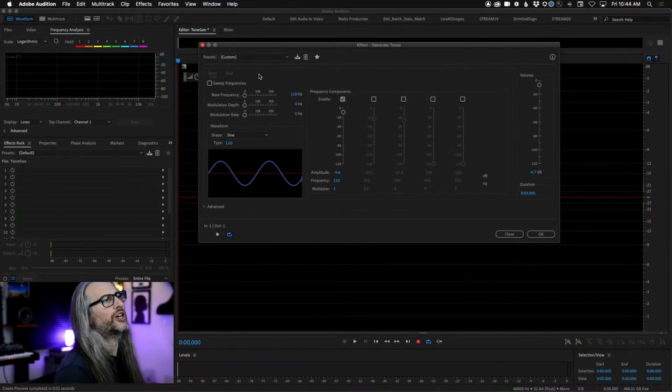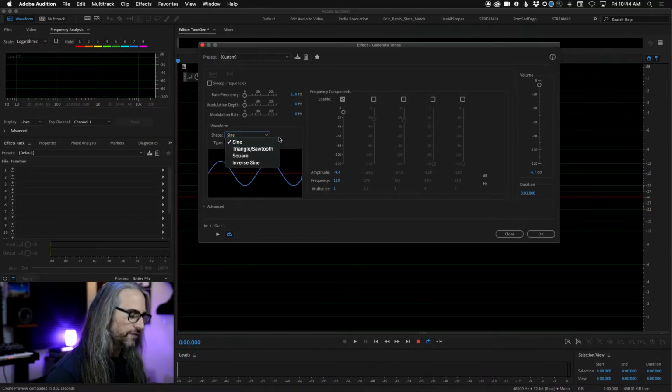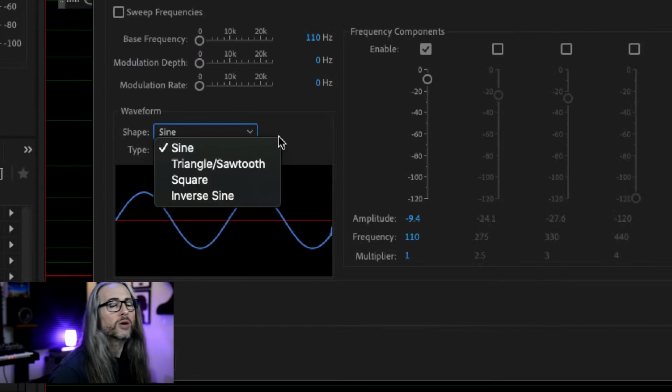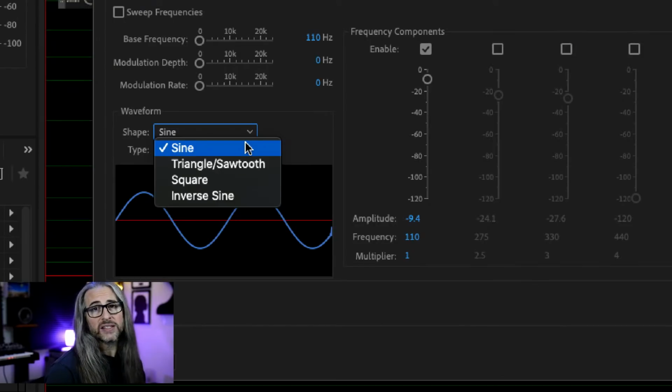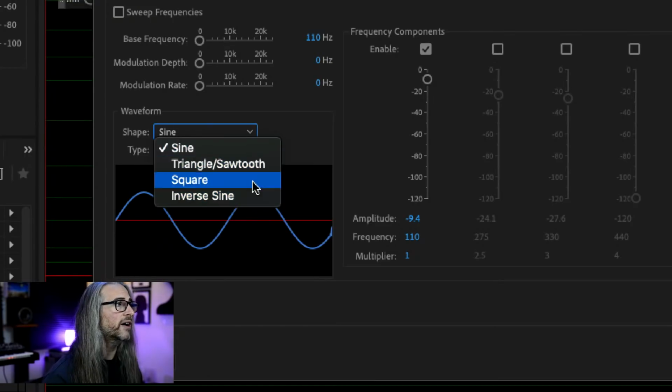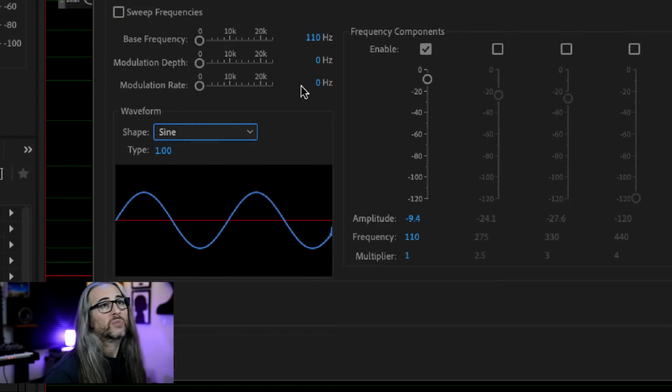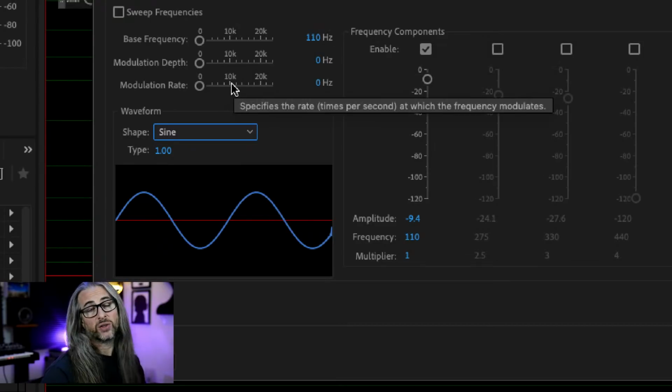Last one here is tone generation. Now, this is really useful for a number of things. First of all, you can just generate synthesized tones with a number of different waveform shapes. So again, consider this your own little personal synthesizer here. You can generate pure tones in sine, triangle, sawtooth, square, and inverse sine, at any particular frequency. You can modulate those frequencies, again, if you want to create a vibrato type effect, if you're trying to simulate a theremin,